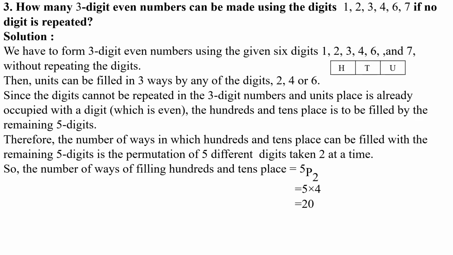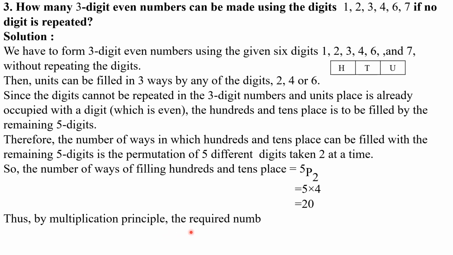That is equal to 20. So here the entire job, the entire work, is divided into two operations. The first operation is filling the units place and the second operation is filling the remaining two empty boxes. So by the fundamental principle of counting, the multiplication principle,